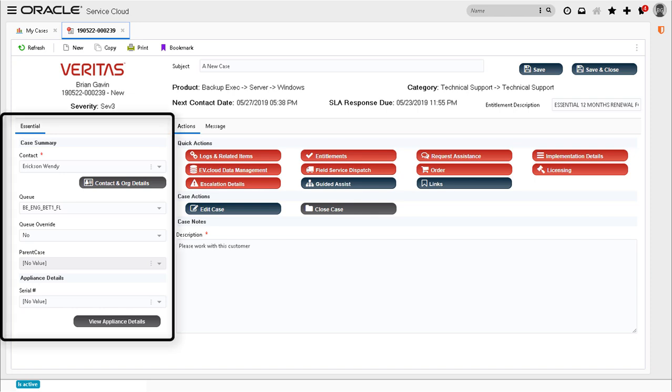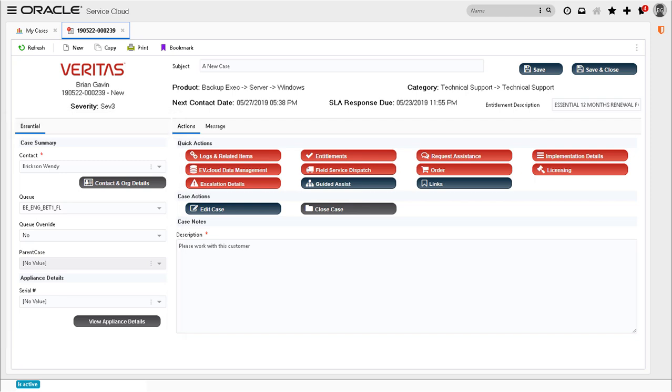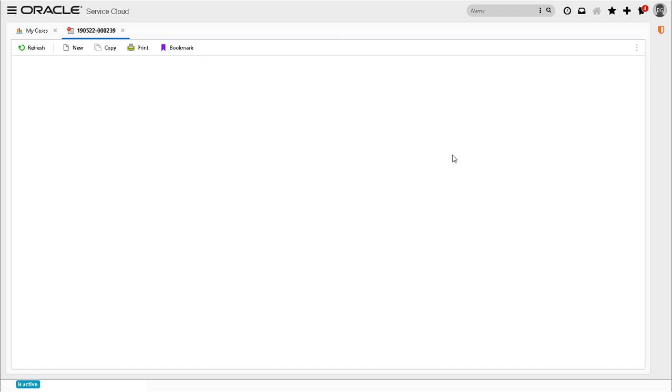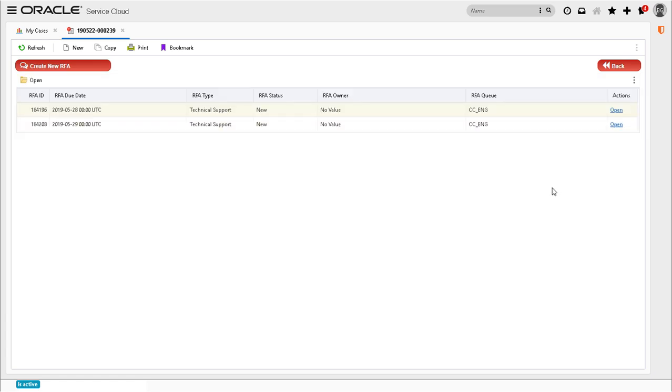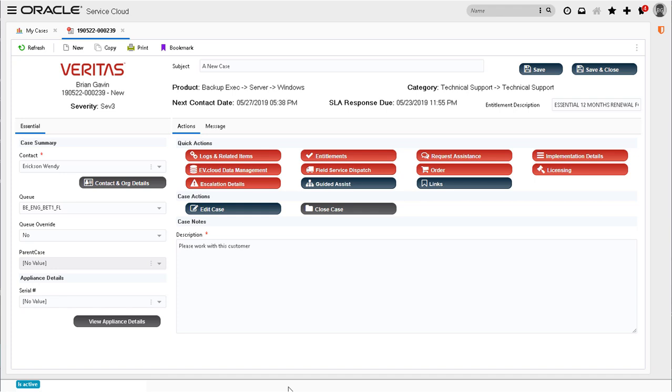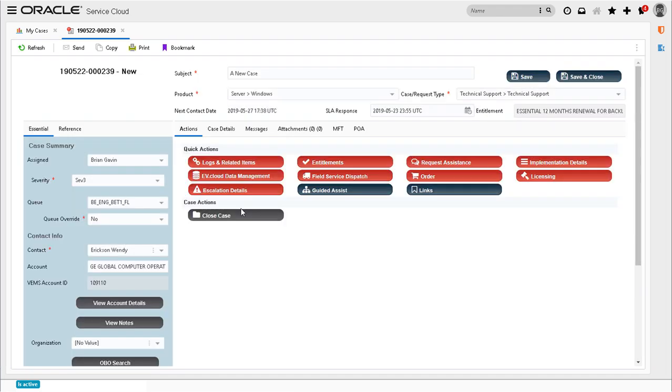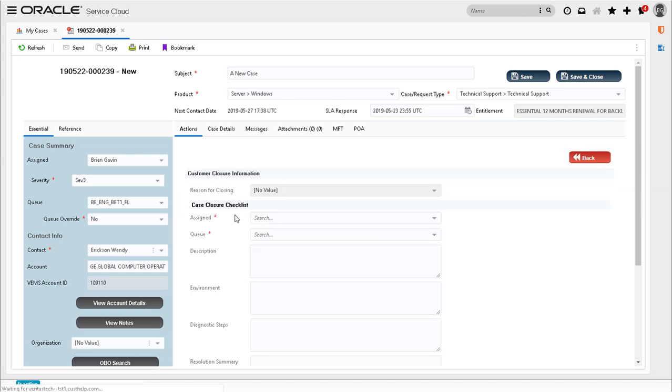On the left side of the launcher, you'll find case information separated by the essential and reference tabs. If it's an appliance case, you'll also see an appliance tab here. The main area of the launcher contains the quick actions. When you click a quick action, it quickly launches that particular workspace for you to edit. You can also access the full edit case interface by clicking the edit case button and close a case by